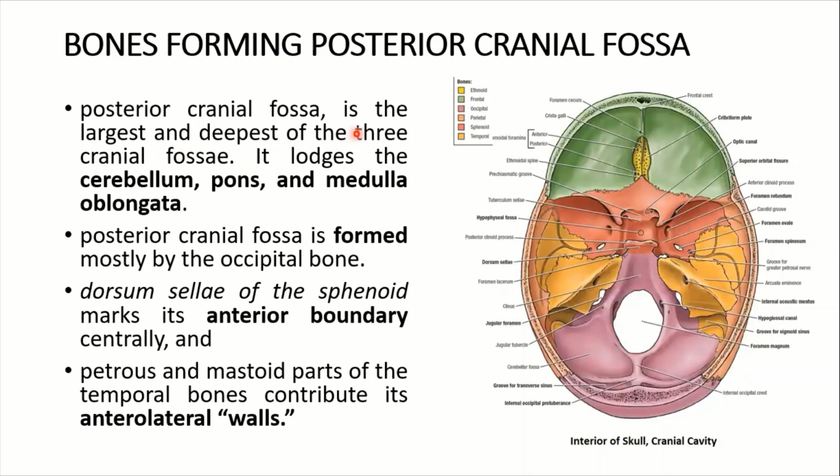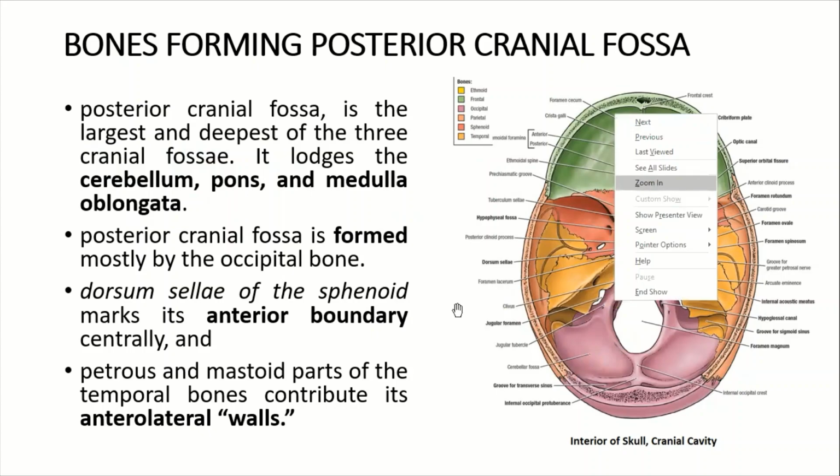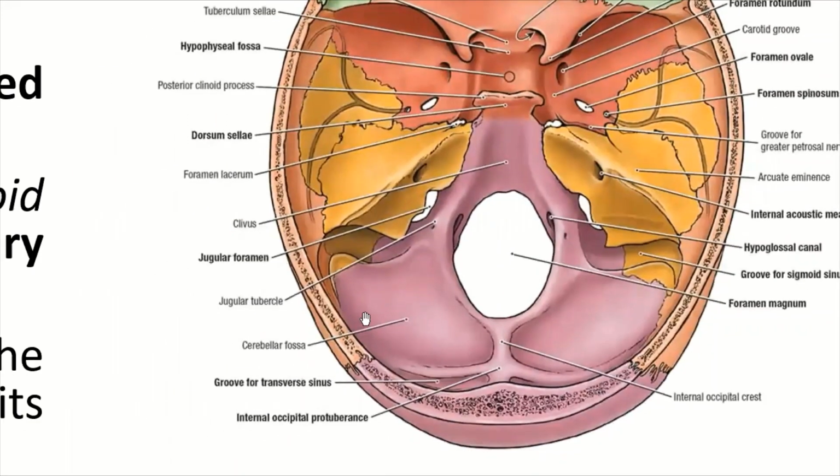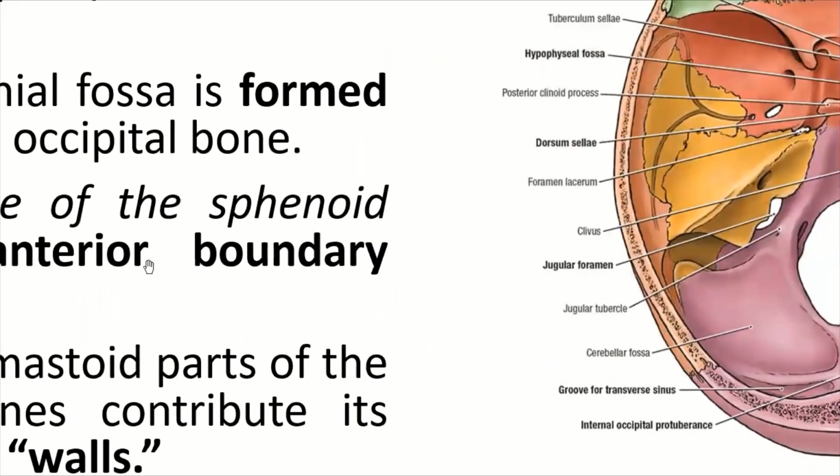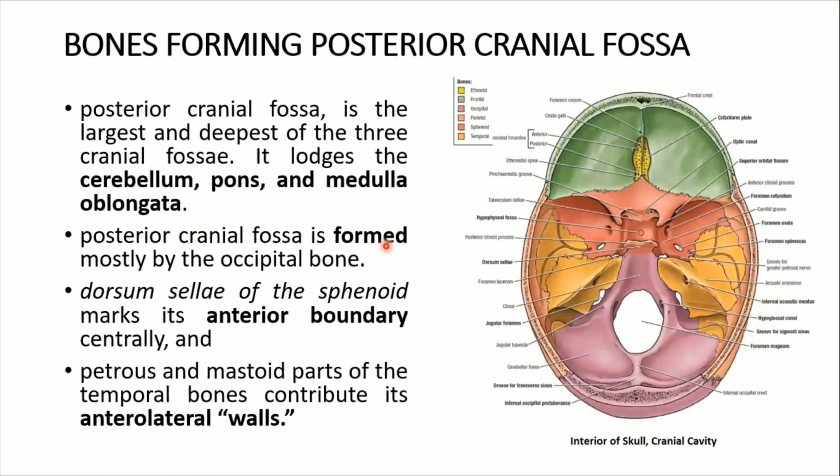The posterior cranial fossa is the largest and deepest. I told you already, it holds the cerebellum, pons, and the medulla oblongata. And this is the cerebellar fossa. I enlarge it for you. You could see this is the cerebellar fossa. Here lies the cerebellum, the right and left lobes of the cerebellum, and also lie here the pons and